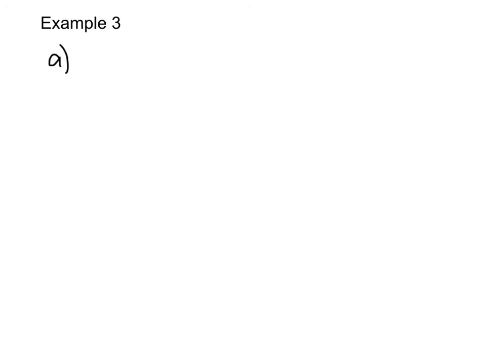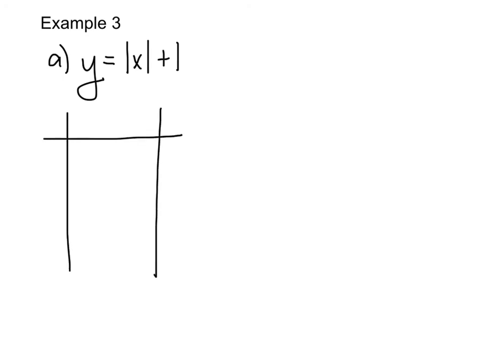So in A, we're going to graph the function y equals the absolute value of x plus 1. The first thing we're going to do is make a t-table. Now I'm going to show you the other way that if you would like to make a t-table, you can. In here in the middle, I'm going to write what the rule is, and you can do this if you want. And then I'm going to pick any values you want